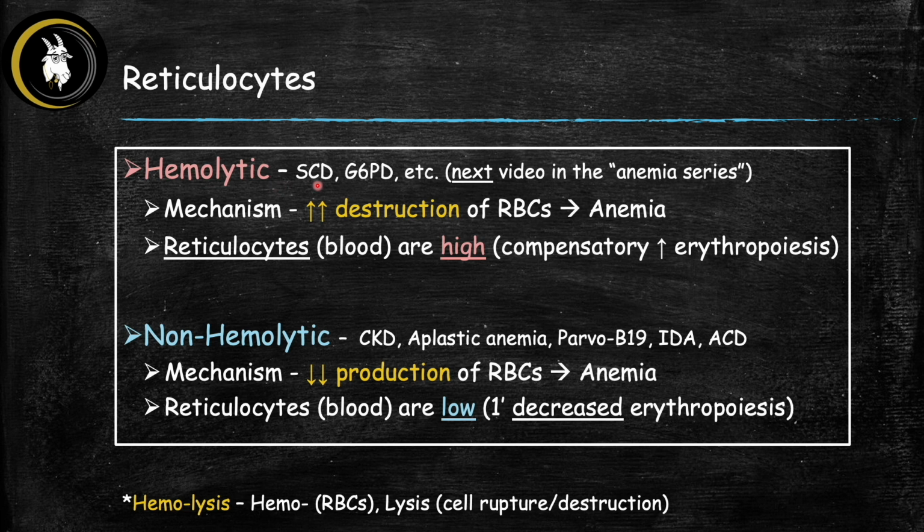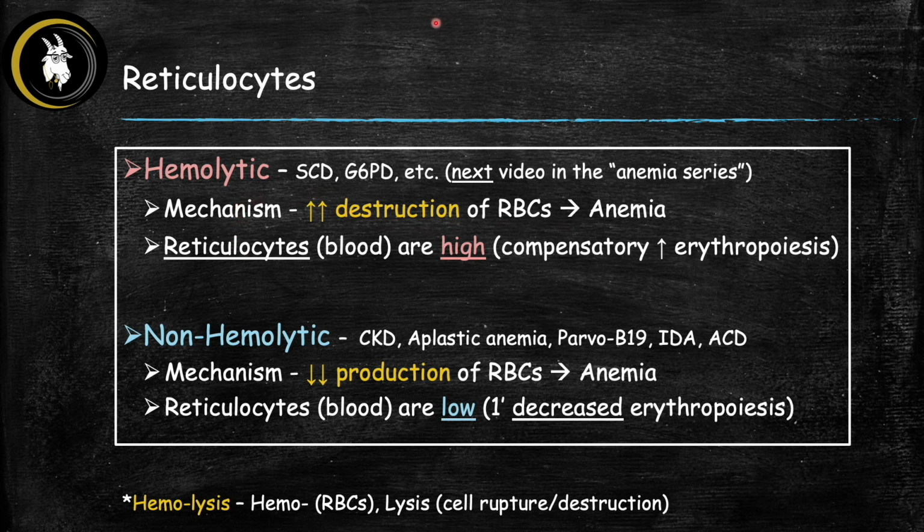So these are diseases like sickle cell, G6PD, and several other important ones, and I'll cover them all in detail in the next video in this series. But for now, what's important to know is that in hemolysis, hemo refers to red blood cells and lysis refers to their destruction. So the problem in hemolysis is excessive destruction of the red blood cells,